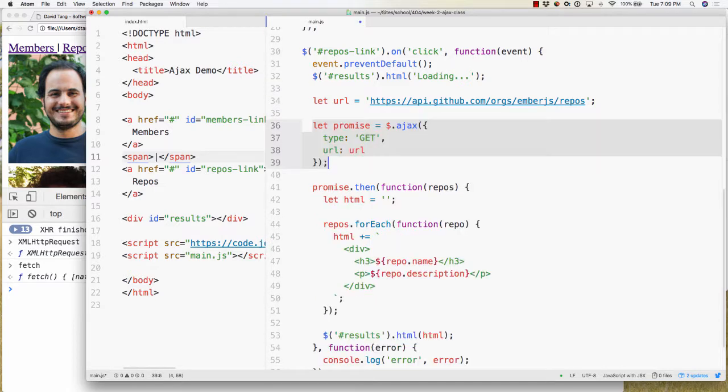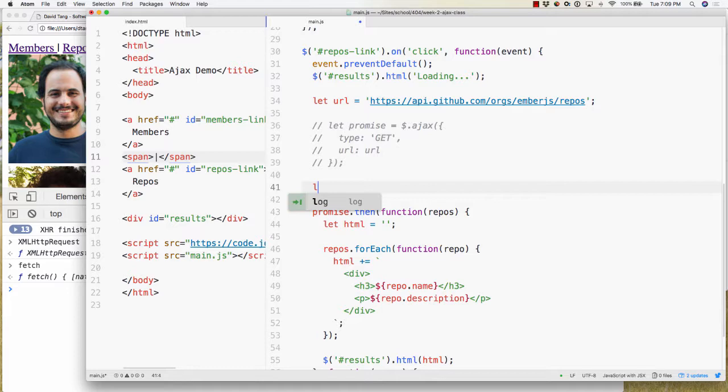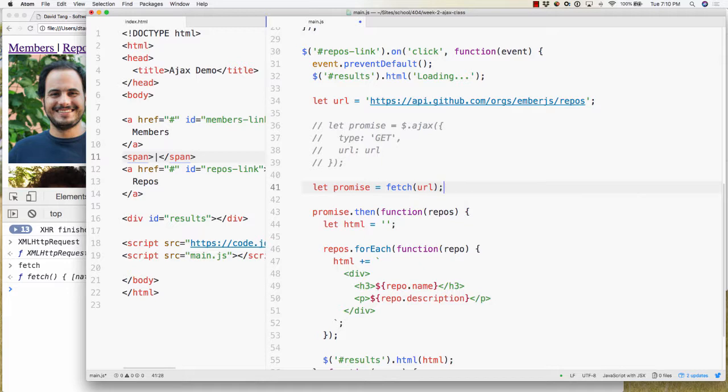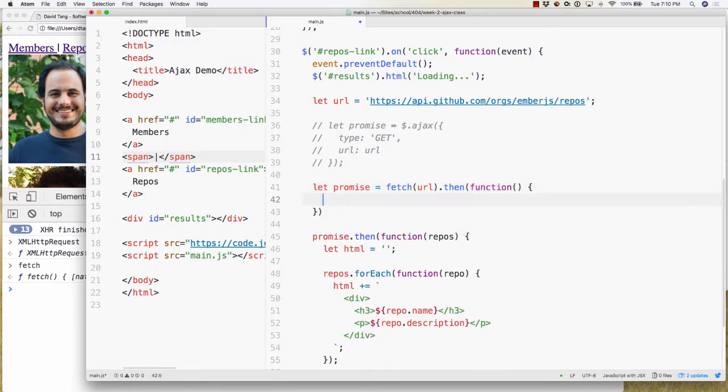Okay, so the way this works, actually I'll just comment this out. And I'm going to say let promise is equal to fetch URL. So this is pretty similar. It also returns a promise, but it behaves slightly differently, where we actually have to chain this, so I'm going to say .then function